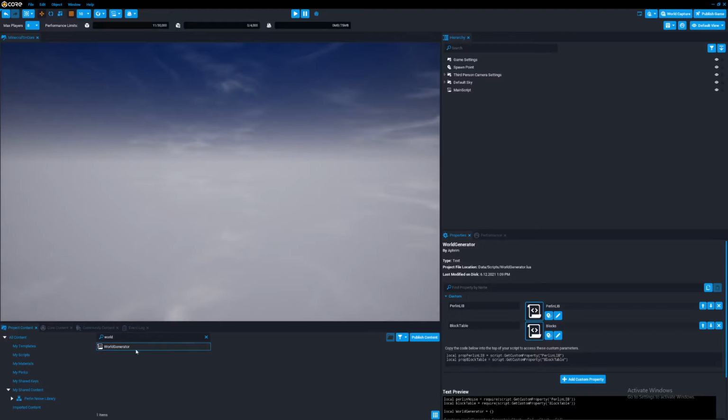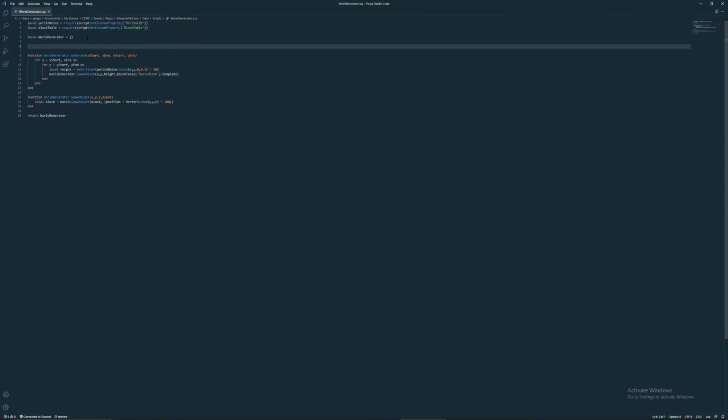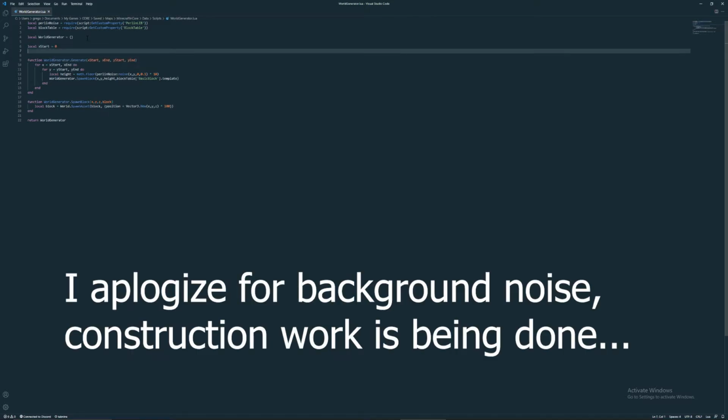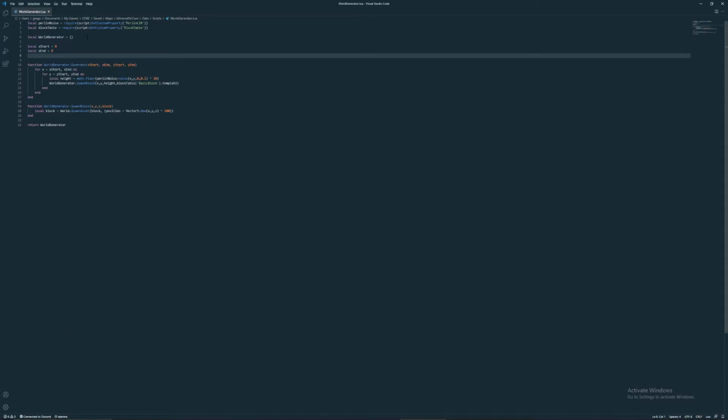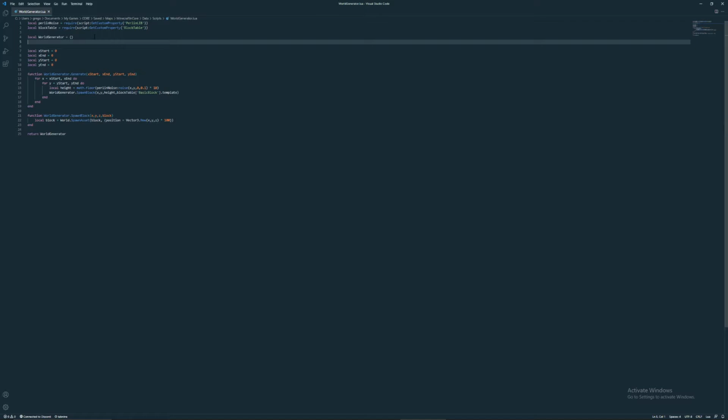To start off, you want to open the row generator script. There's a few small things you have to do. Let's start by defining a local x start equals 0, local x in equals 0, local y start equals 0, and local y in equals 0. Next, we also add in a local chunk blocks